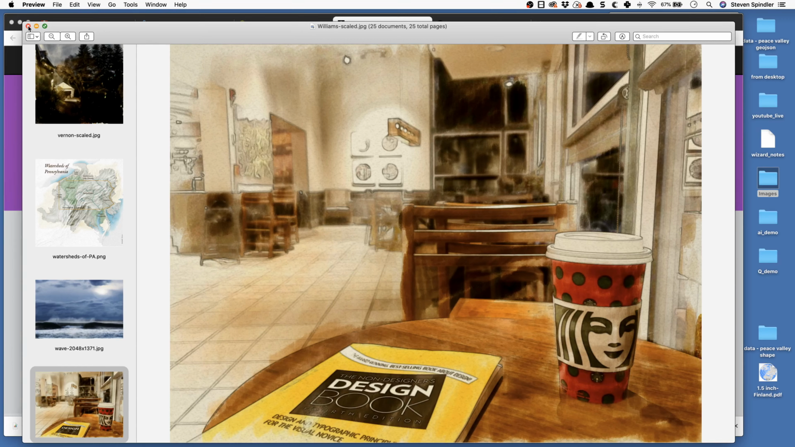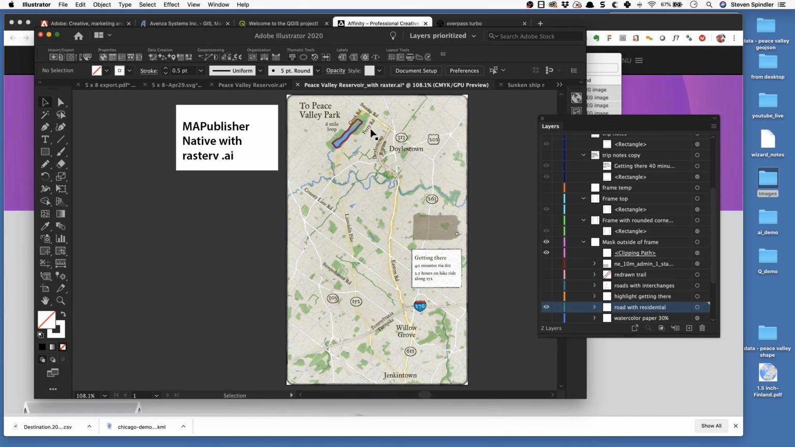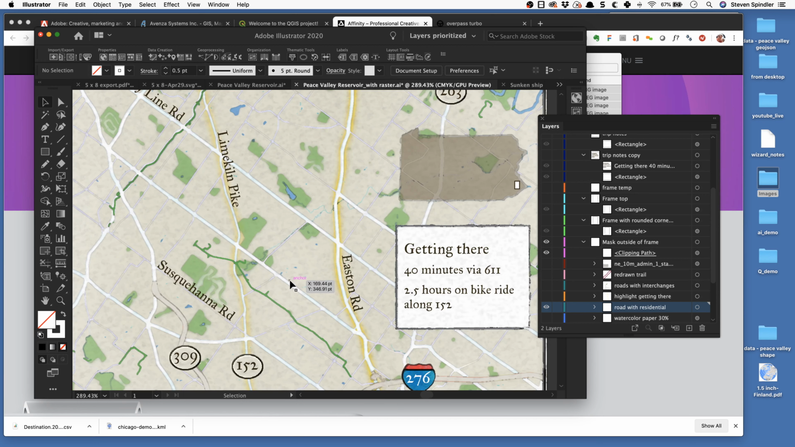Now, when I'm working in Illustrator, this is done 100% in Creative Cloud, and I started off with importing the data, and even though this is a raster,